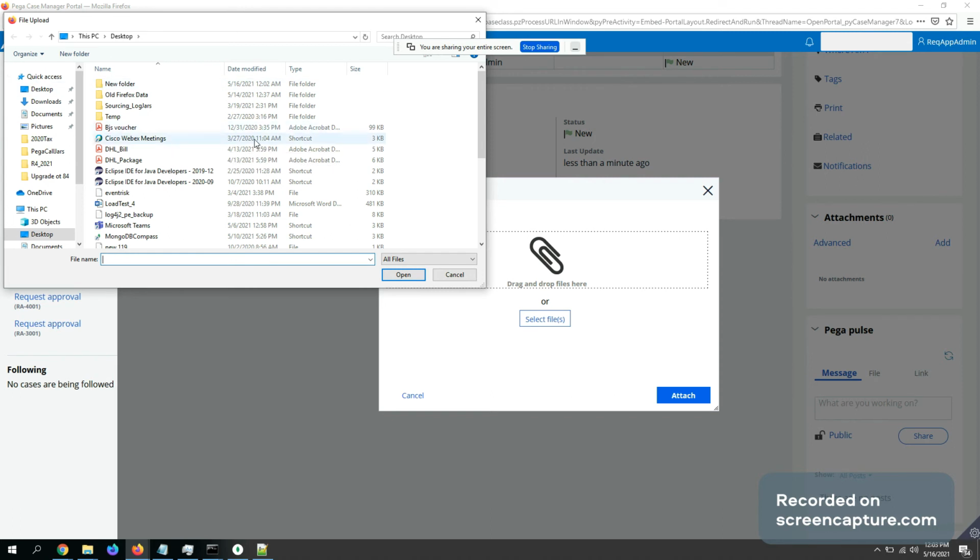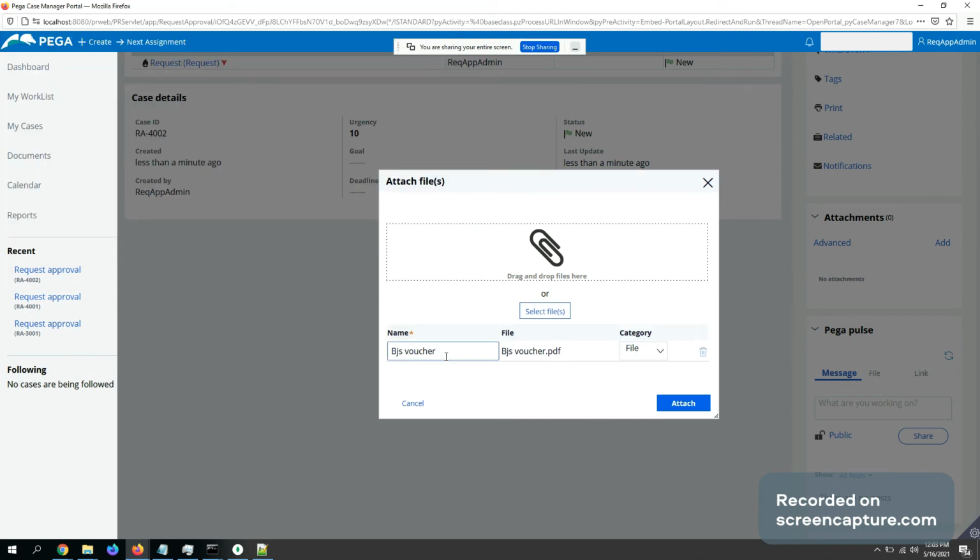Okay, let's take any file basically. Yeah, just for testing purpose, this BJS voucher. I don't know what it is. I'm attaching it. It's a PDF file.